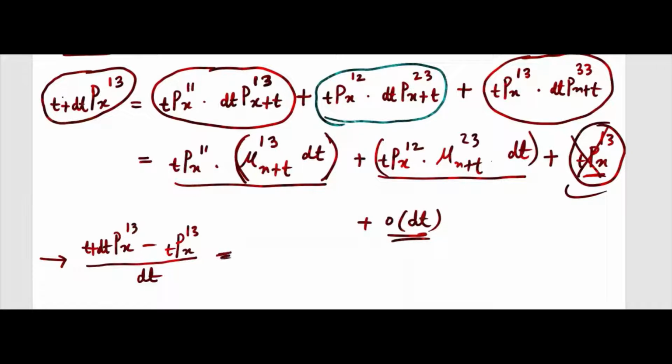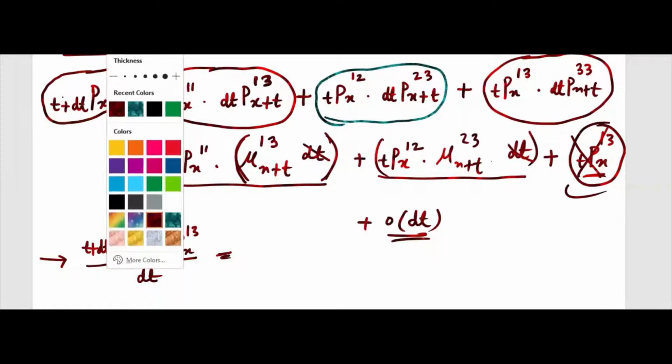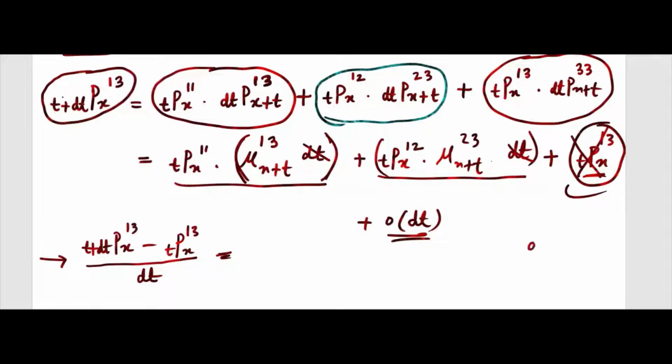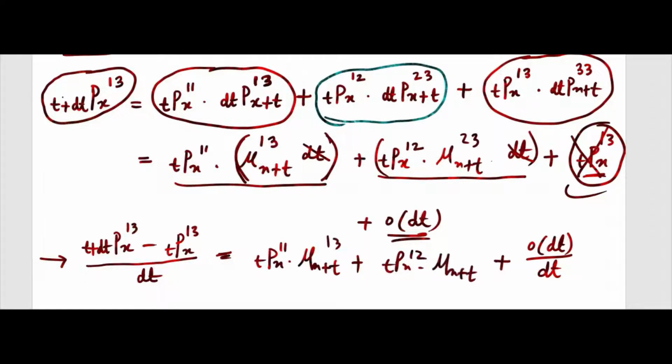So when you divide it by dt, this dt will get cancelled, this dt will get cancelled. Here in this term you will get order of dt divided by dt, and when you take limit dt tends to 0, this will be 0, plus these two terms we have p_x^{t,11} mu_{x+t}^{13} plus p_x^{t,12} mu_{x+t}^{23}. Okay, so when you take limit here,